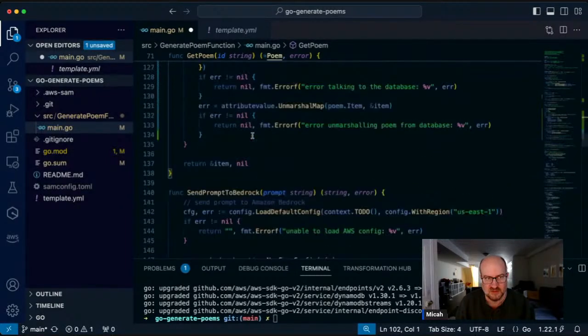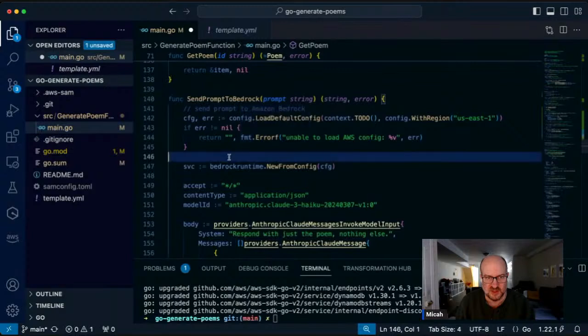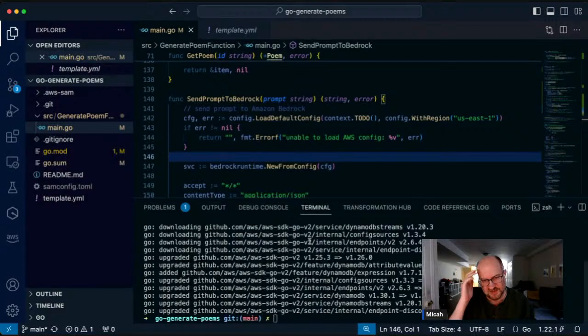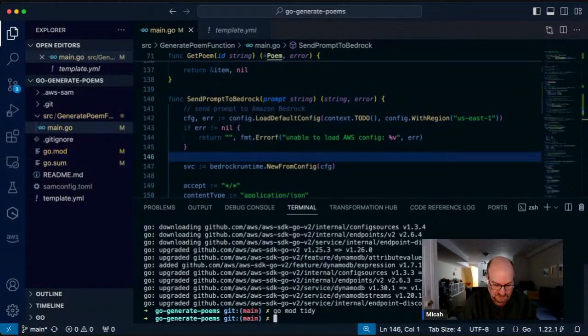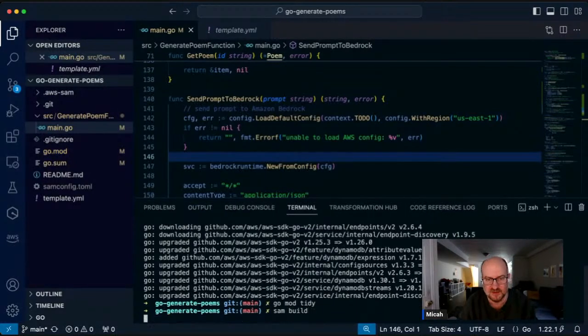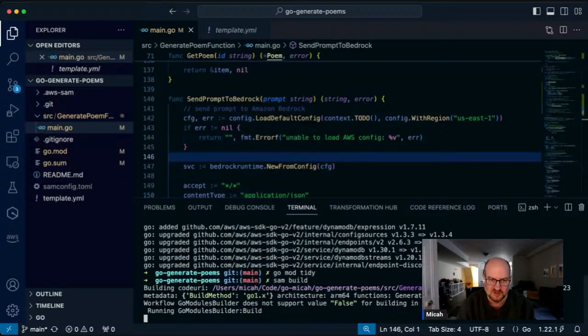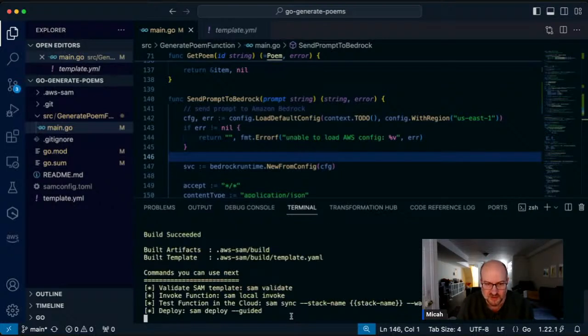So I think this is working code now. So let's try some stuff out. I'm thinking whether or not it's completely working code. I don't know, but let's see what it does. So let's do a SAM build. I'm going to be really surprised if this actually does anything because we've been doing a lot of coding and haven't really run anything yet in a long time. It's been an hour. We haven't run code yet. So very, very likely this will not work.